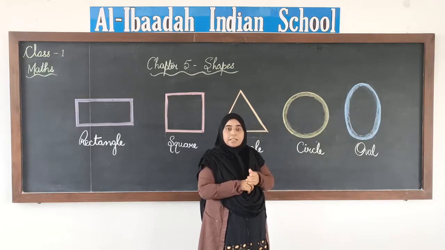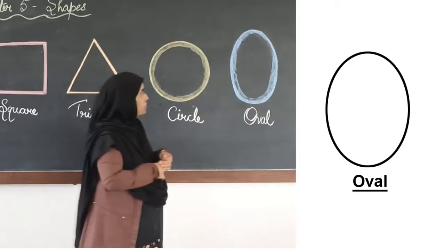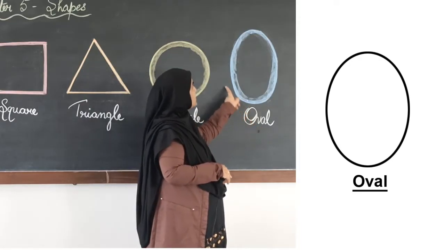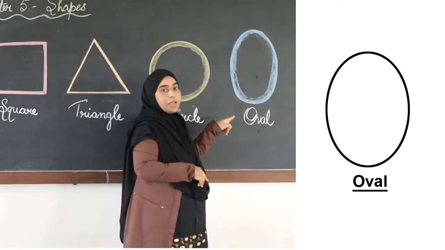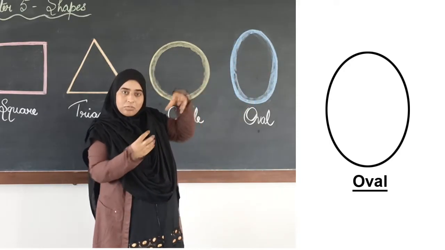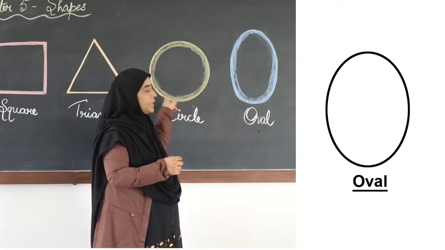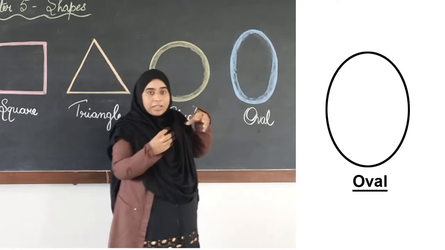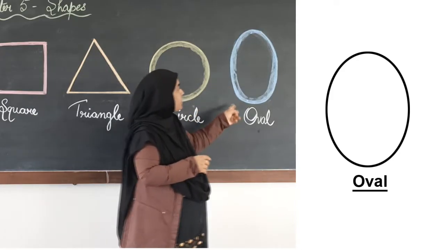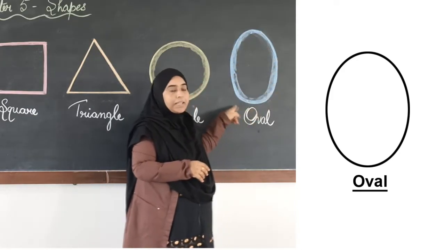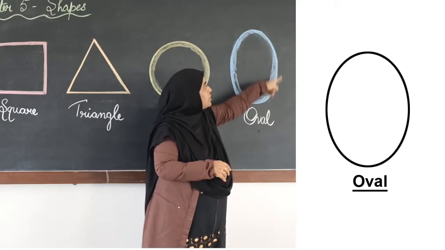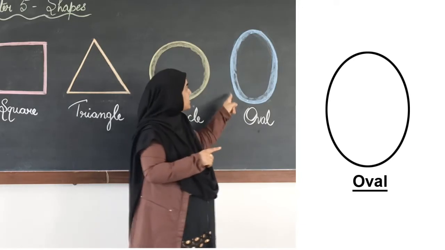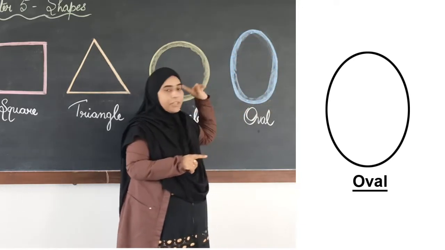We call it circle. Next shape that we have here is oval. Oval again, you can see it is somewhat similar to a circle, but it is slightly long. It's not round like the circle. It is slightly stretched. It's long in shape, right? So this type of figure we call an oval. Again, the oval is formed with a curved line. It's not having a straight line. You can see it is having a curved line over here.